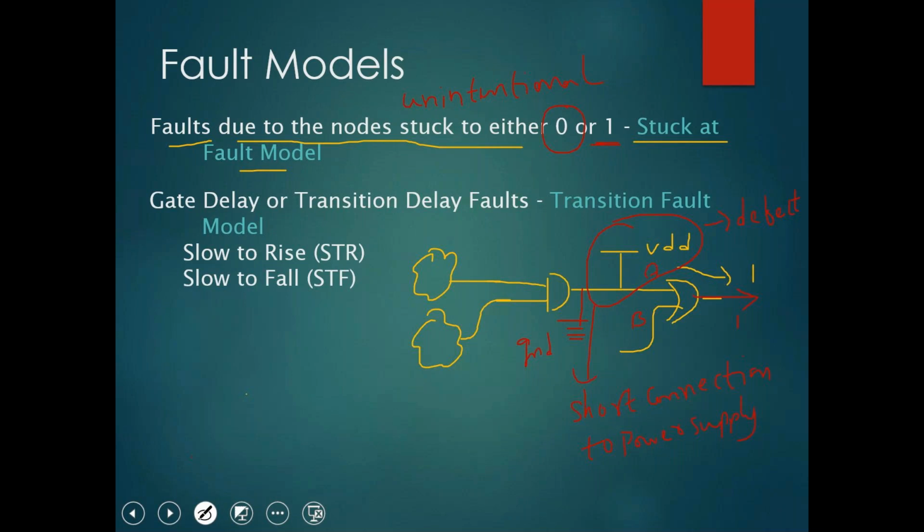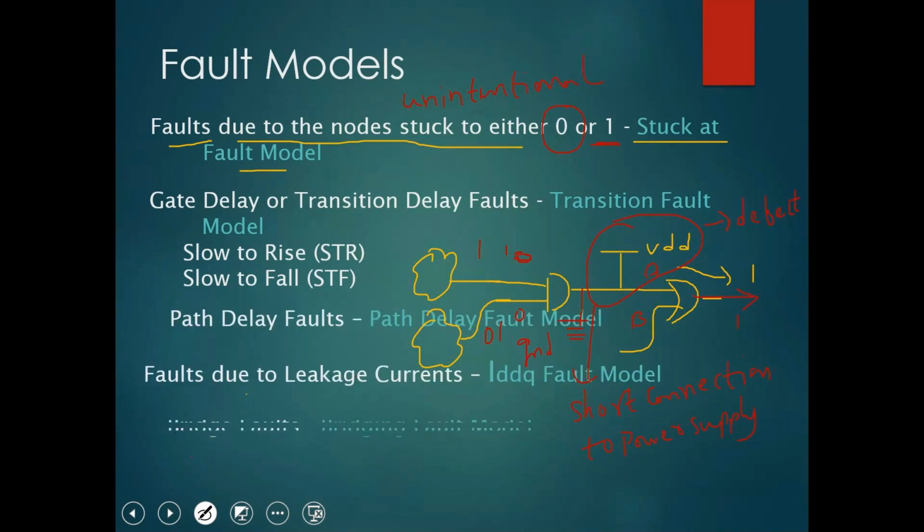So who is going to test it? Unless I send some values here, like 0, 1, 0 or 1, 1 or 0, 0, only then will I be able to validate and see whether this connection is there or not. So the manufacturing defects are divided into some fault categories. Some of the fault categories related to manufacturing defects: the stuck-at fault model is number 1,